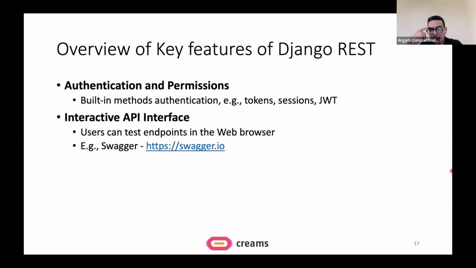One such example, as we will see in a while, is Swagger, which implements the OpenAPI specification.